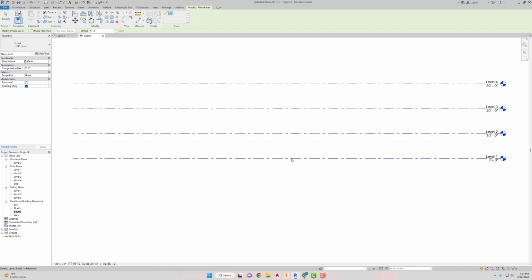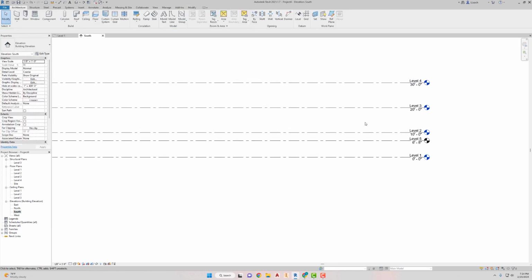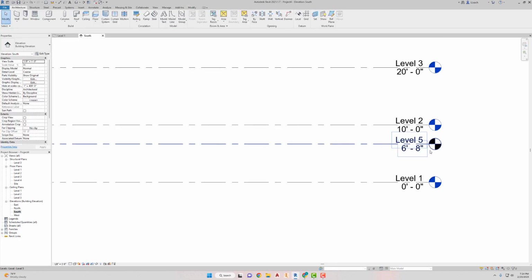So make sure that you select the top part of that line, not the bottom. See where the dashed line is? I don't want my level to go under the ground, so I'm going to raise it up a little bit. And where you see the dashed line above level 1, I'm going to click it, hit escape a couple times. Now notice that on level 5 that I created, it's 6 feet 8 above level 1, which is what we